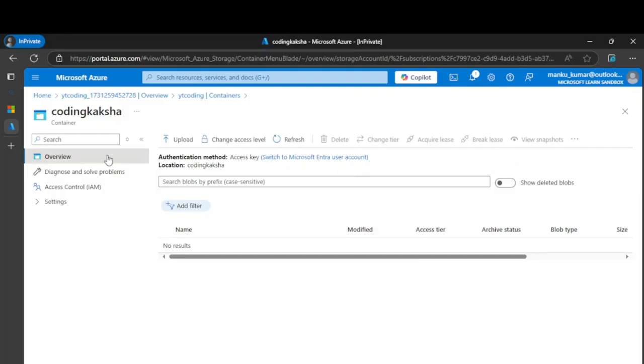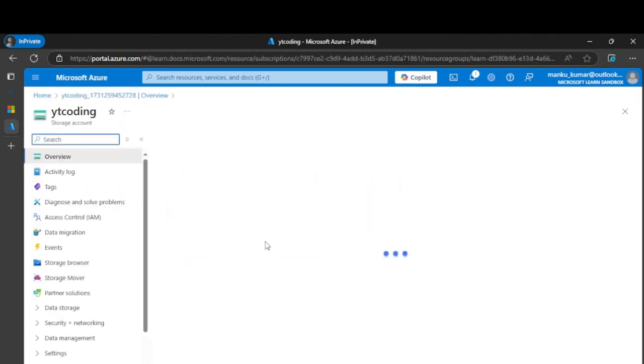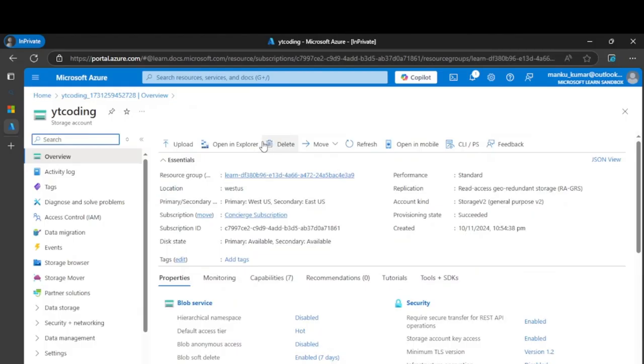Another thing is how we can use this on our local machine. If we want to open this on our local machine, that's also one thing we used to do. So let's go to the resources, and we have over here open in Explorer.